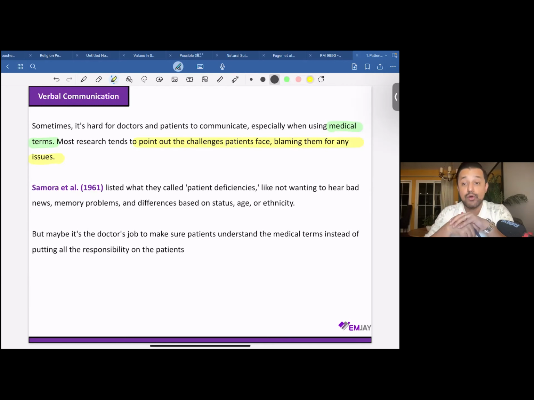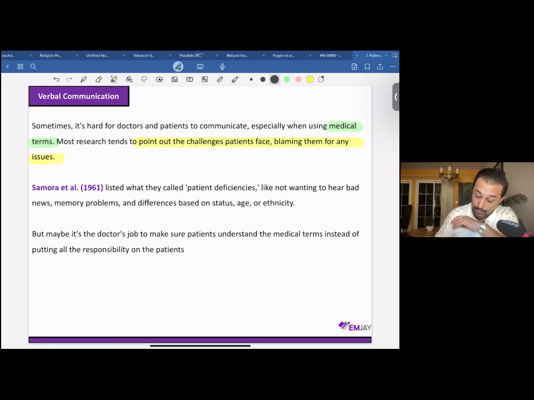Now, according to Samora et al. in 1961, and I am emphasizing this, these are not mentioned in the syllabus. If they're not mentioned in the syllabus, you will not be questioned on this. Nonetheless, knowing this is good because it would help you write better answers. The more references you know, the better psychological knowledge you would be able to use while attempting your paper. So, Samora et al. in 1961